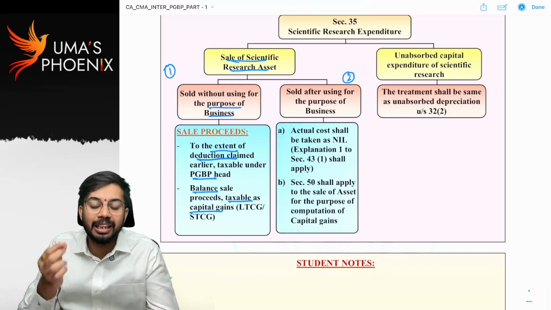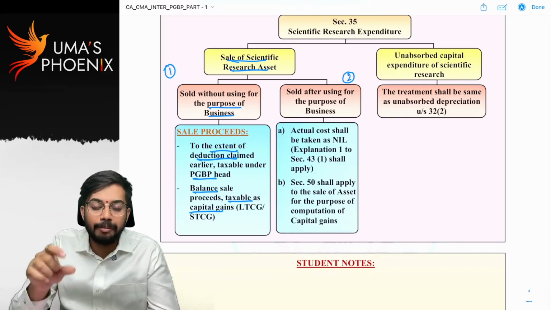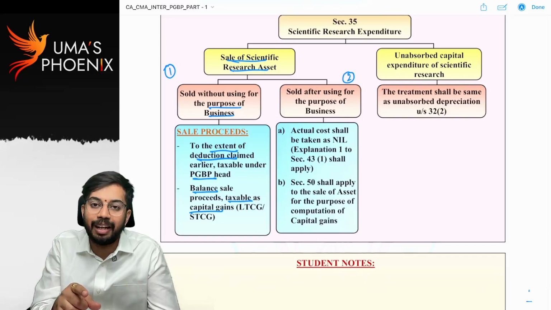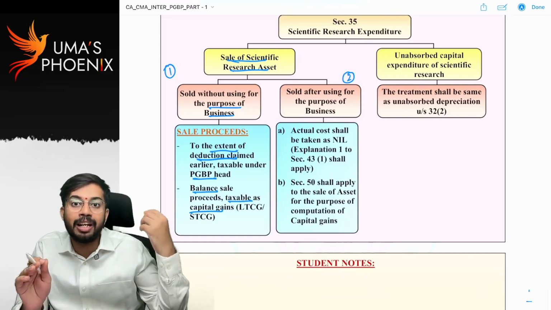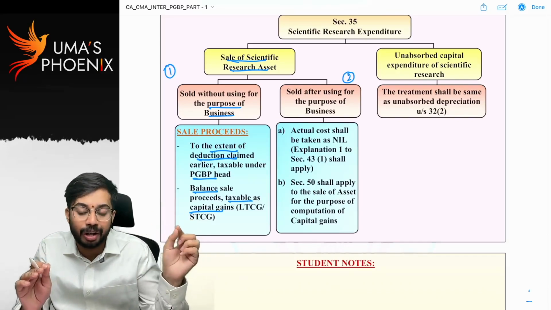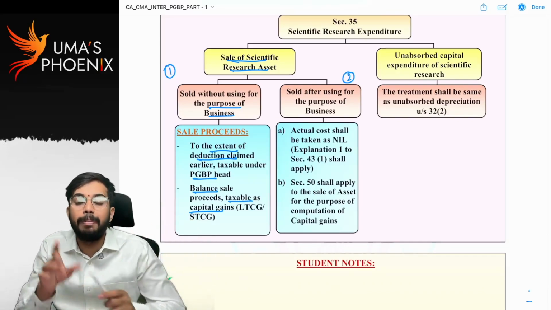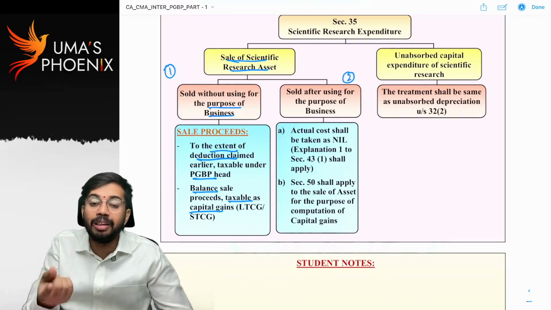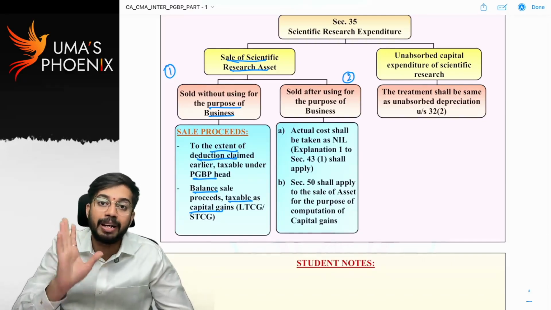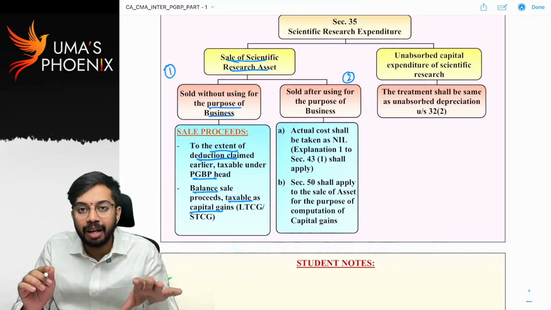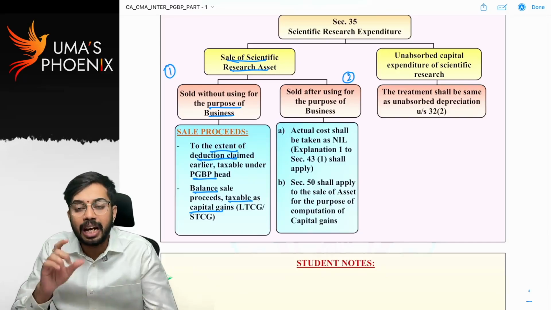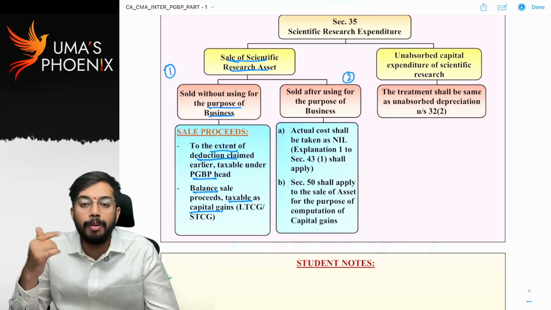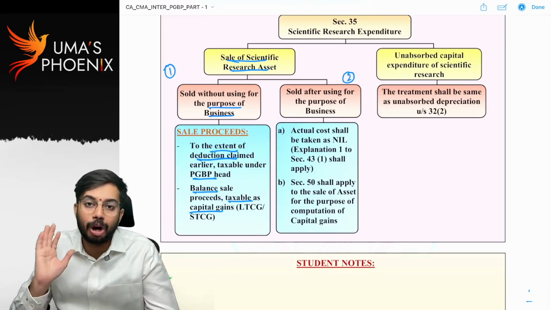The reason is, just think logically, if I keep some value, I have to depreciate that value. If I depreciate it, again I am claiming expenditure. Last year, total 80,000 I claimed as deduction in P&L account. If I add that laptop in block at certain amount, then that amount again gets depreciated. It becomes a loophole. That's why whenever scientific research asset is transferred to normal department, then the scientific research asset will be added to the normal block of assets and it will be added at zero value, only the count in the block increases.